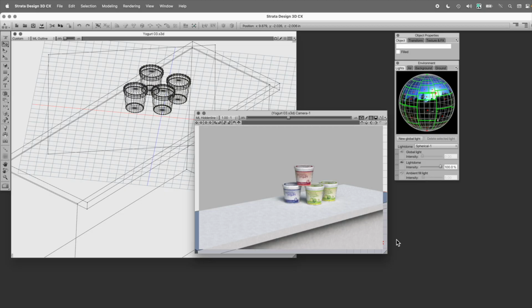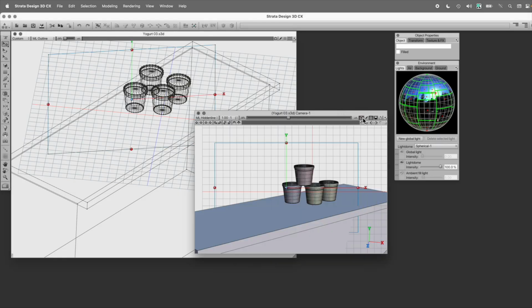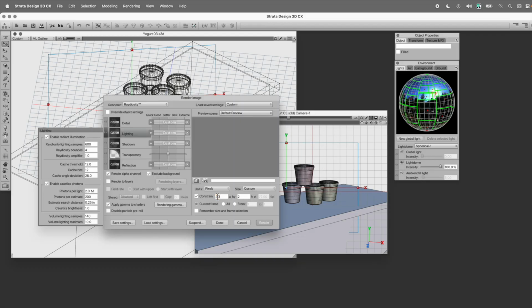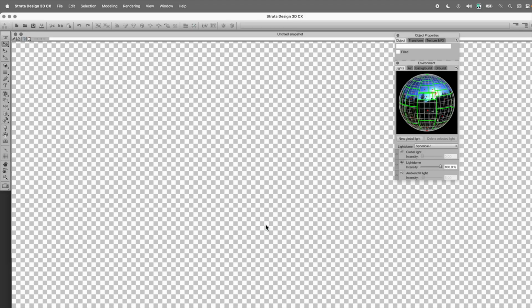Now, I don't have to worry about the shading. I don't have to worry about the background. What I'm primarily concerned about here is just making sure that I have my products looking the way that I want them to look. So for instance, I can come over here and render this at a high resolution. So I would render the segment of the screen that I want, and I'll specify something pretty high res like a 3K rendering. So when I come over and render that,